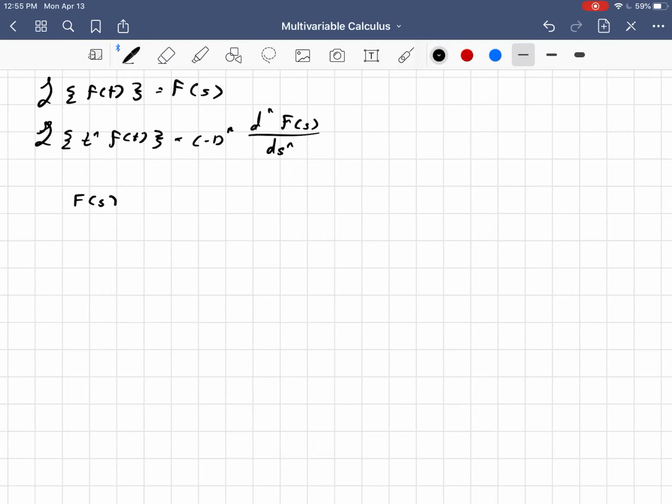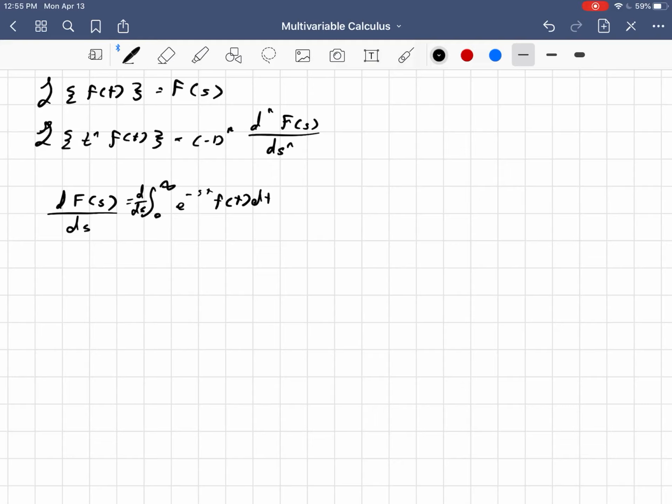So how could I show this? I'm going to start out with the definition of the Laplace transform. So F of s is going to be the Laplace transform of little f of t, which is the integral from 0 to infinity of e to the negative st times f of t dt. If I differentiate both sides with respect to s,